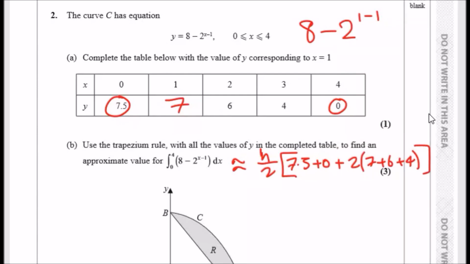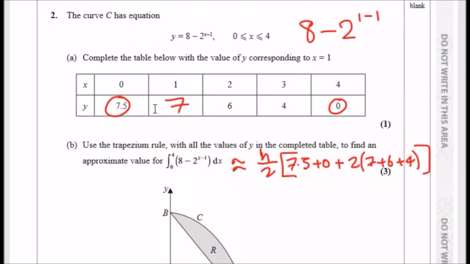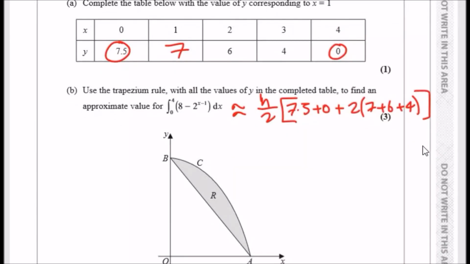That's it. Where, of course, h represents the width, or well, the height. In this case, it's the tiny little gaps between it if we divided it equally. We know the gaps between every single one is 1. So h would be, in this case, 1. And yeah, that's it. So now all you do literally is just plug it in and see what values you get. Plug it in, you should get exactly, let's see, so 1 over 2 times this, you should get about